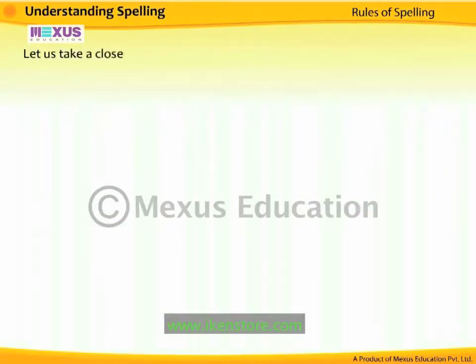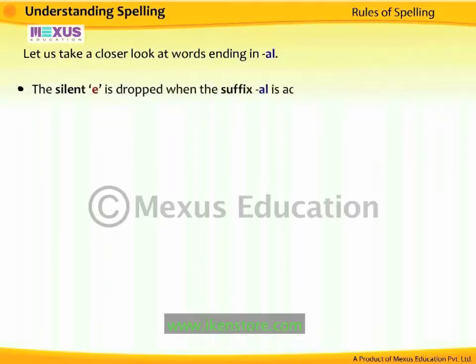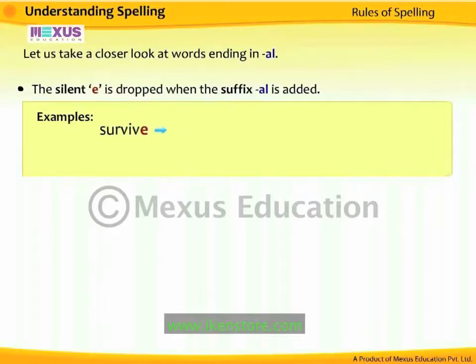Let us take a closer look at words ending in AL. The silent E is dropped when the suffix AL is added. For example, survive becomes SURVIVAL, survival, and approve becomes APPROVAL,